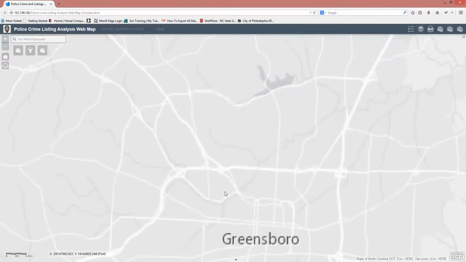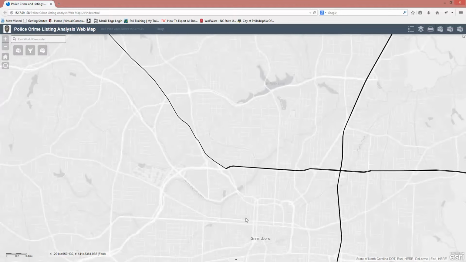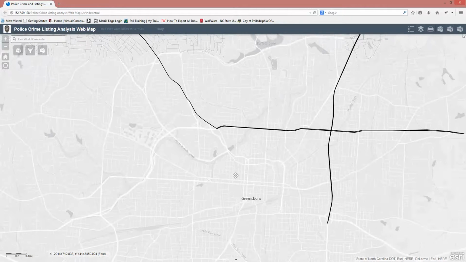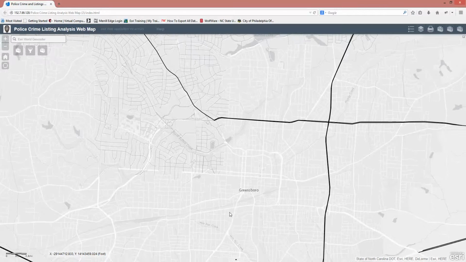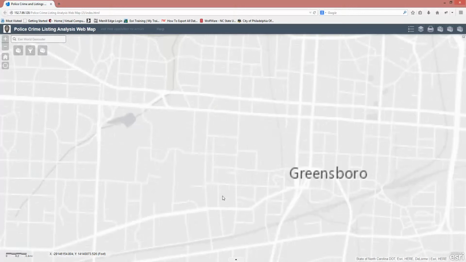I guess it helps when the map is selected. Okay, so let's zoom into a specific neighborhood here in Greensboro. As you can see, once the map is selected, it does respond pretty quickly